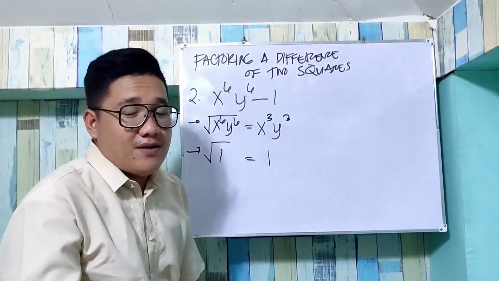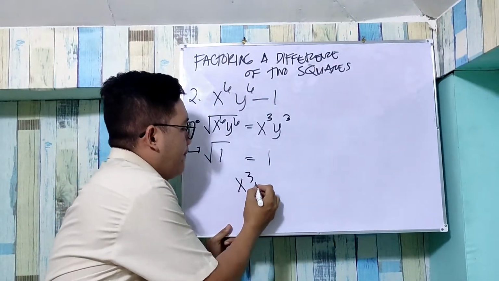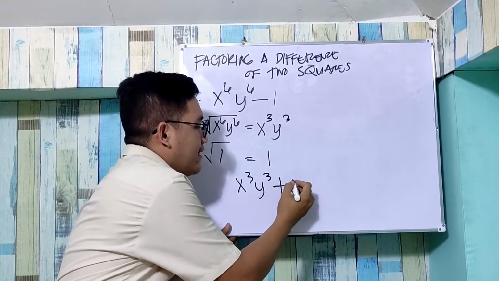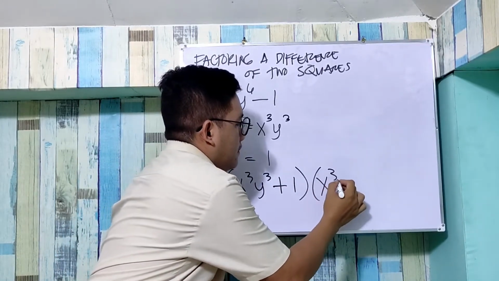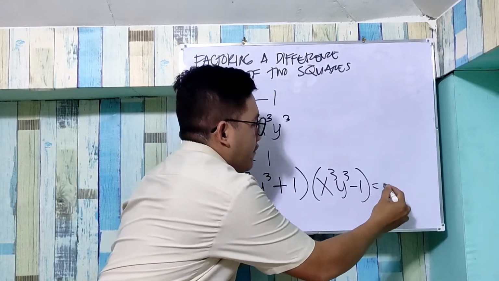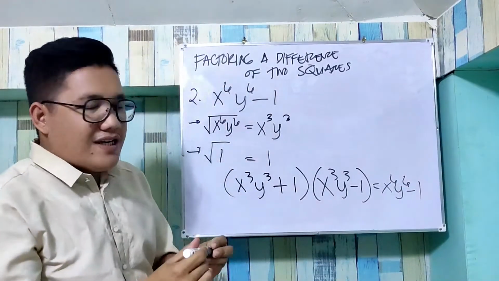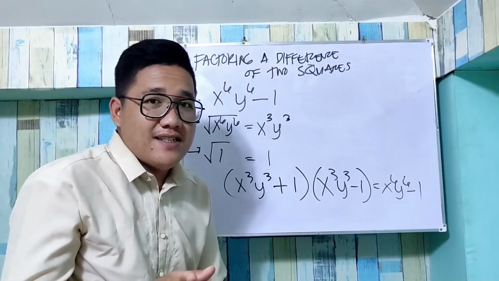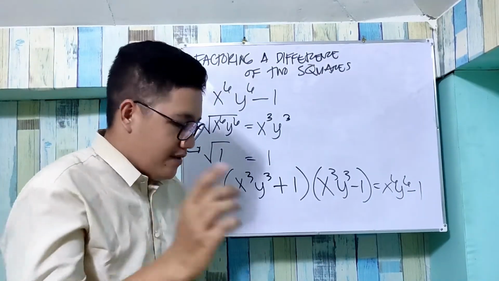So, let us now form the factors. So, we have one a sum, one a difference. Okay, so did you get it? Do you need another example? So, for the last time,